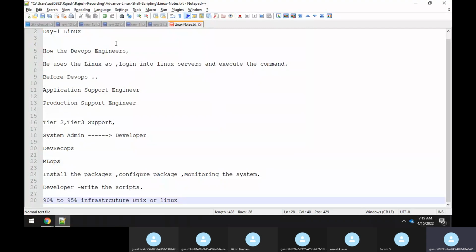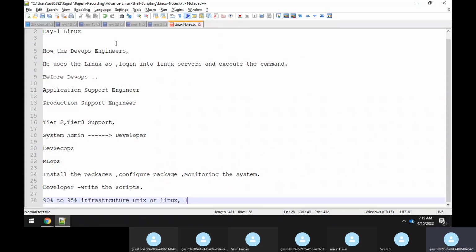Now we know that most of the infrastructure in every industry is on Linux itself, or on Unix. But if you ask me, Unix is getting obsolete. Now everywhere it's Linux itself, so basically you only have to concentrate on Linux. When so much of the infrastructure, your server setup, your application deployment, and your applications are all running on Linux nowadays, wherever you go, in whichever industry, you have to interact with a Linux machine. There's no choice.